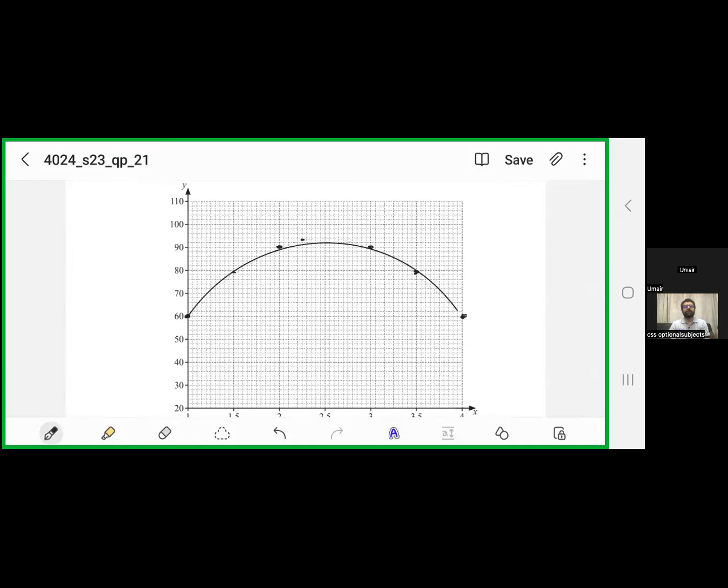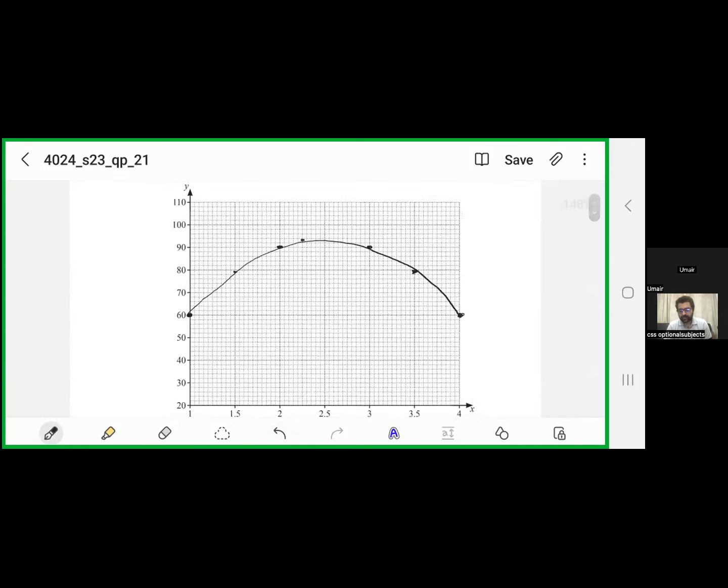So this will be your graph. It should pass through all the points. Let me draw it again. Okay. The next part of this question